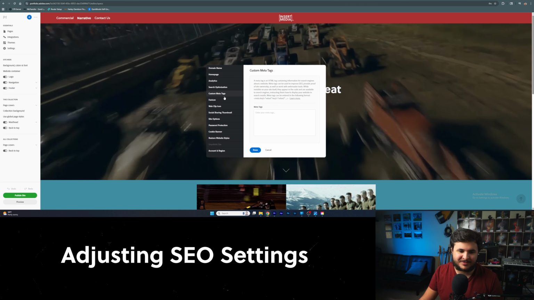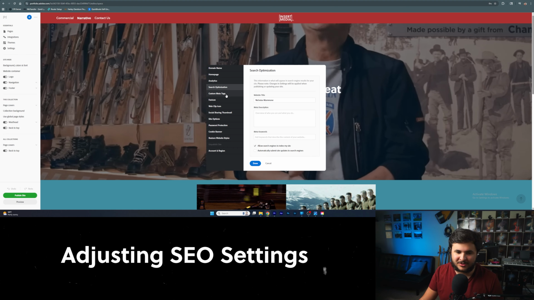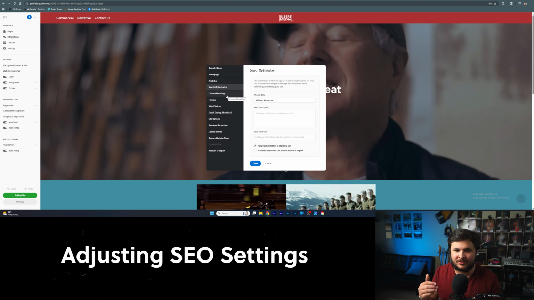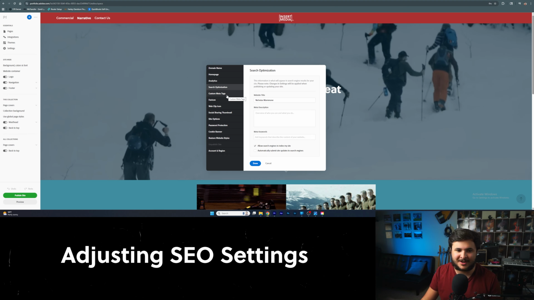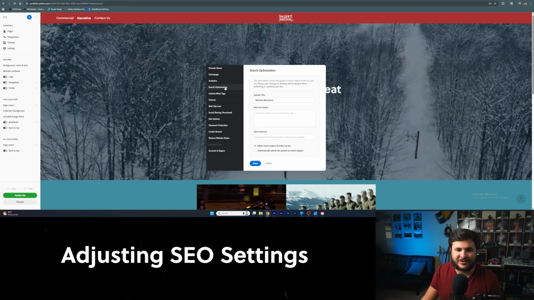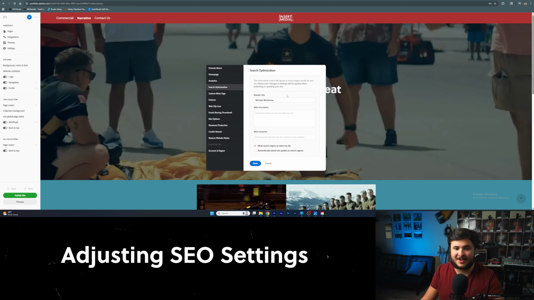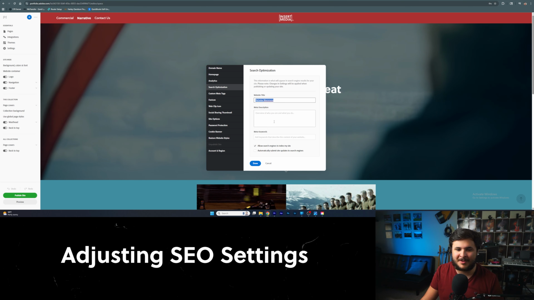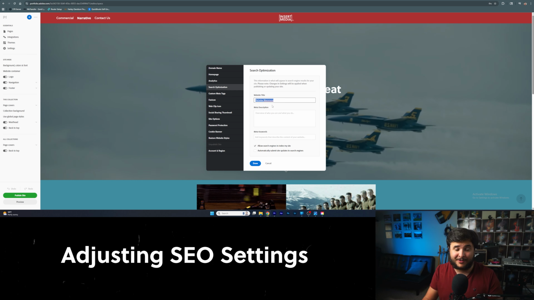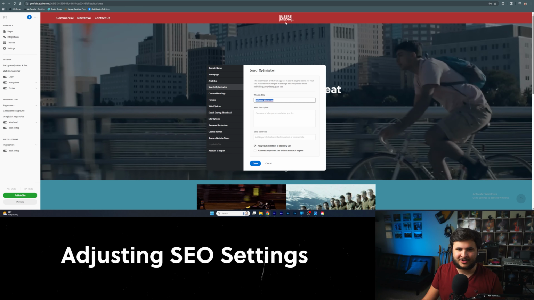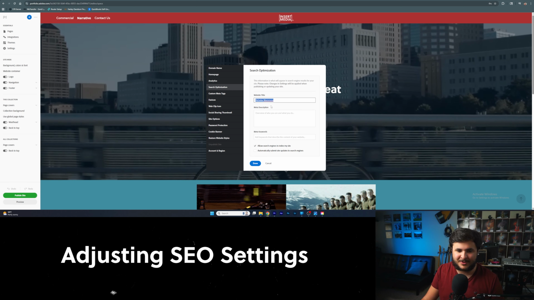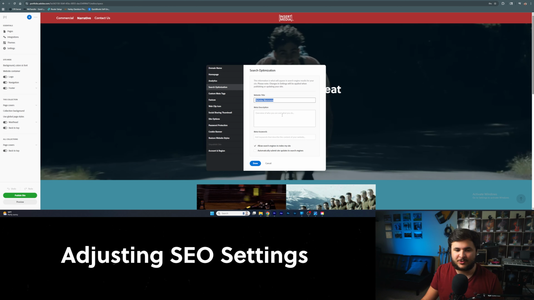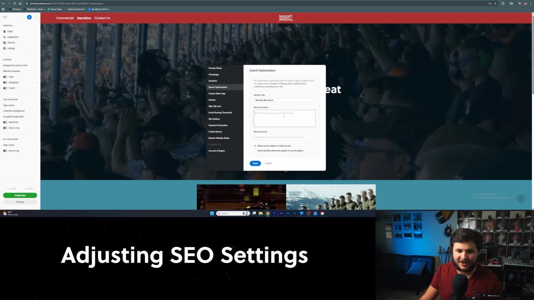Each one of these tabs is absolutely worthwhile to go through and make sure that you optimize it for what your website's going to be, because if you leave this search optimization tab as it is, the website title, if you try and search it, is actually just going to come up as my name, which is not what I want for this website, because I want it to be referred to by what the brand name is going to be. So go through and change your website title, add a description for it,